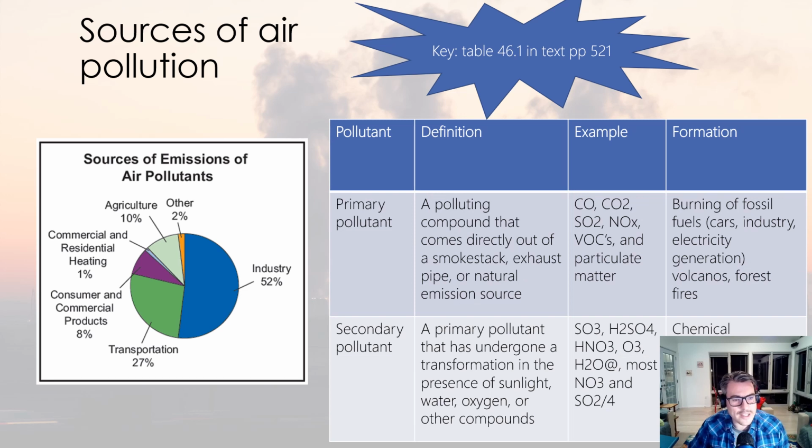You should spend time committing the information in this table to memory. On the left is a more detailed breakdown of the anthropogenic sources of air pollutants. What's key to note is that most air pollution comes from energy use and energy production. Because fossil fuels are not pure hydrocarbons, there are three main gases that are emitted during the combustion of fossil fuels. They are the primary pollutants: sulfur oxides, nitric oxides, and carbon oxides. Sulfur oxides and nitrous oxides are extremely important to remember because they are both primary pollutants that transform into secondary pollutants such as ground-level ozone or acid deposition.